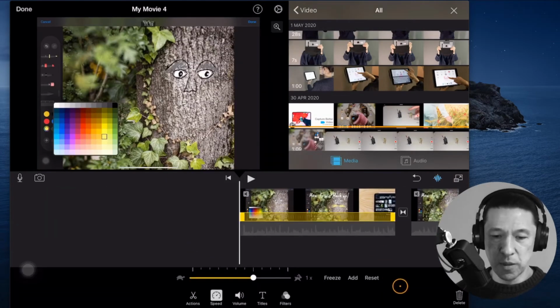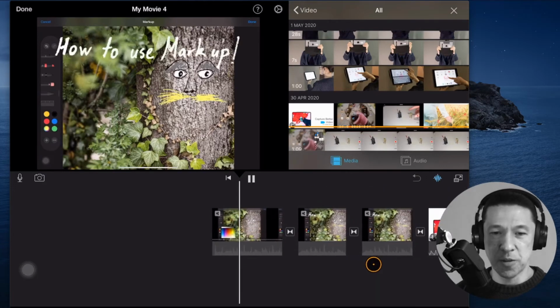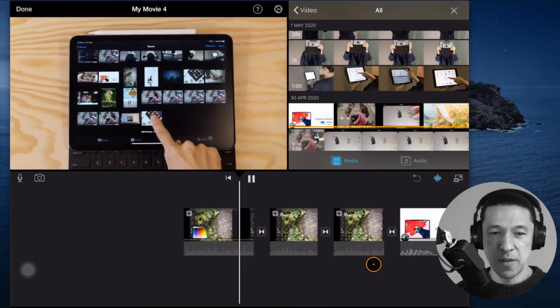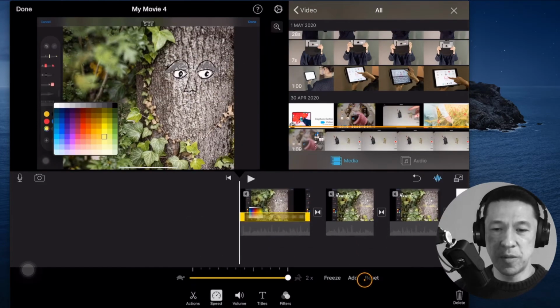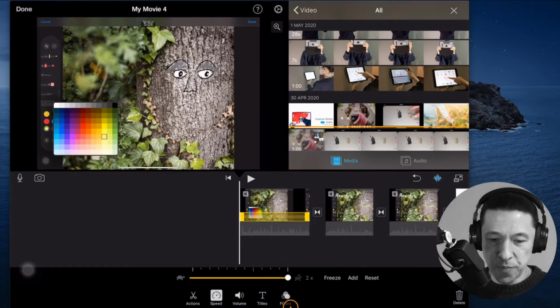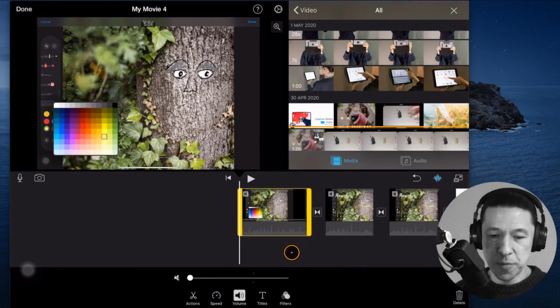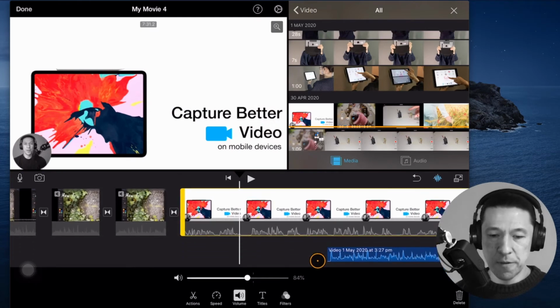Let's change this one into a very much faster one. There you go. So that's a nice way to make your videos, long videos, shorter while making it interesting as well. The next part is volume, and volume is really useful because it allows you to control different levels of